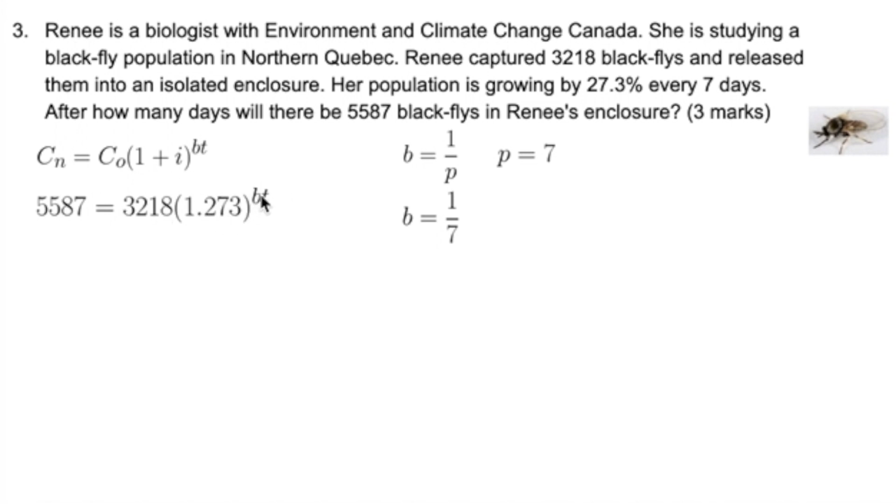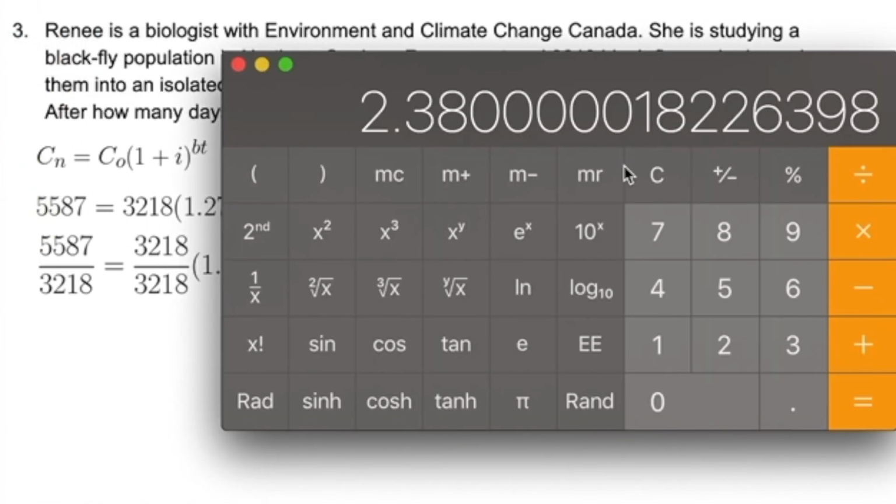I want to get the bt alone, so the first thing is I can get rid of the 3,218. It's multiplying the bracket, so I'm going to do the opposite. I'm going to divide by 3,218 to make that go away. But if I divide the right-hand side by 3,218, I also have to divide the left-hand side. Whatever you do to one side, you have to do to the other. When we divide that, that's going to become 1. But when we divide this, we're going to get